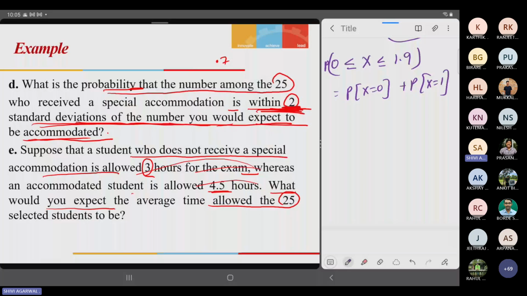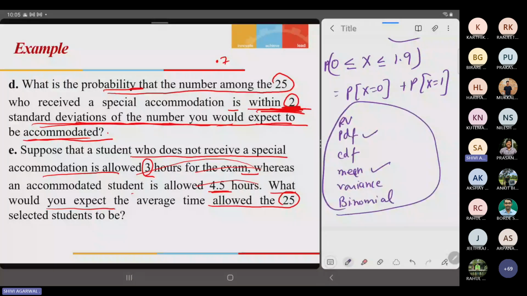So we have done the random variable, their PDF, their CDF, different types of probabilities, then mean, then variance, and we have done the binomial distribution. In the binomial distribution, we are finding their PDF, their mean, their variance, and how we can identify